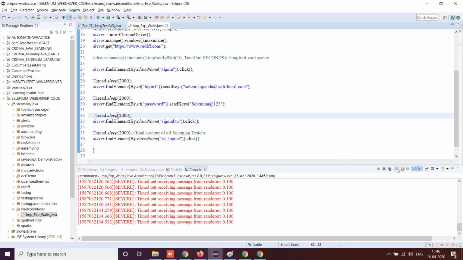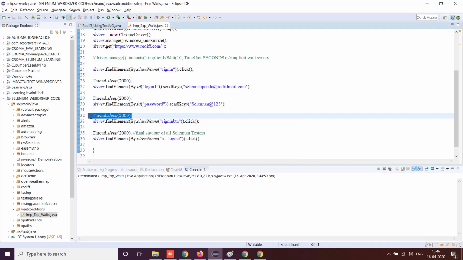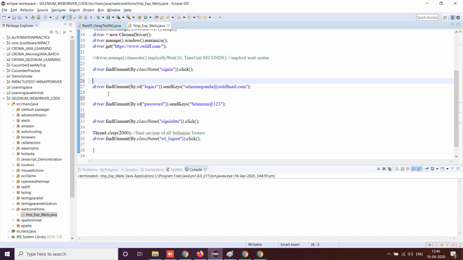To avoid this, we have something known as explicit waits. See, thread.sleep is an example of explicit wait, and I will keep this example here. But in case you want to use it, say, even for this ID, login and password not doing really great, you have something known as WebDriver wait.